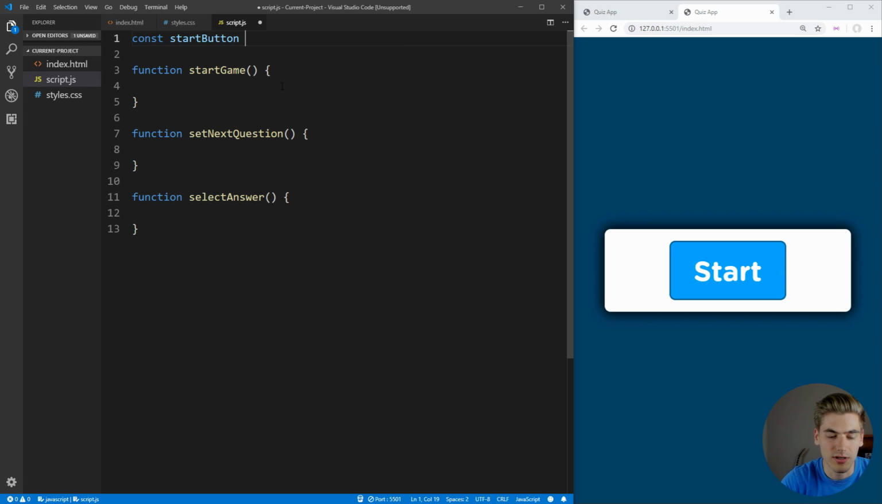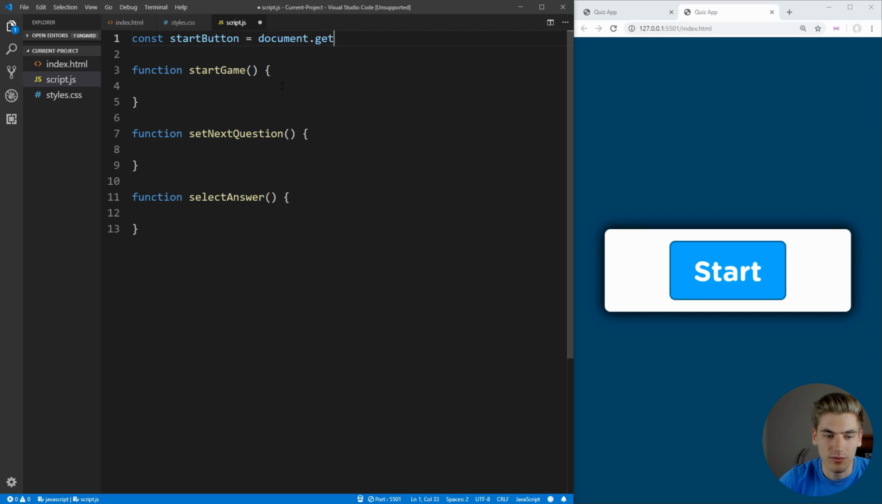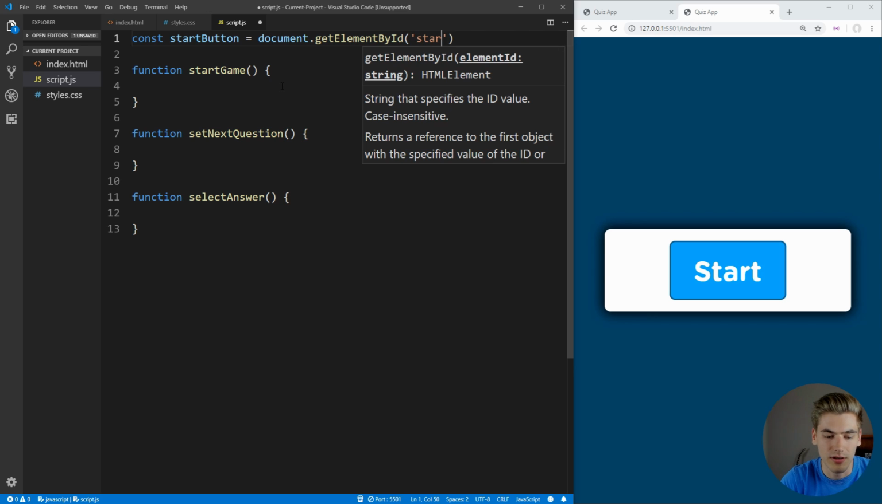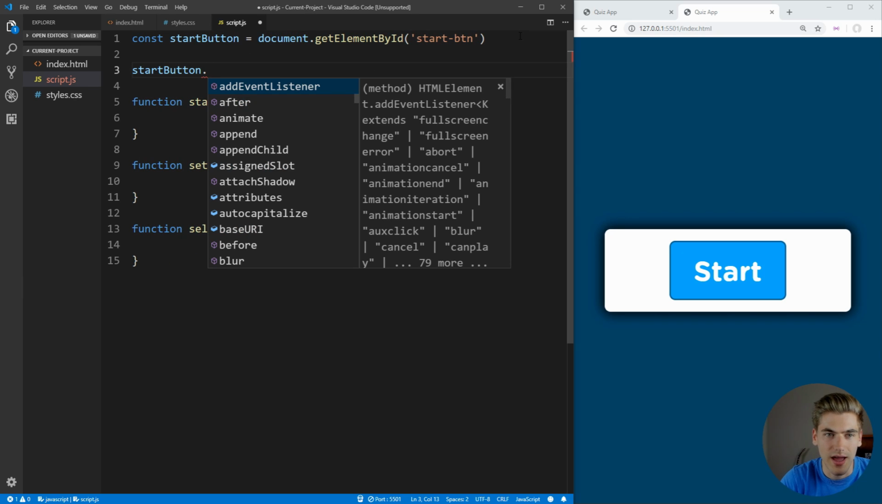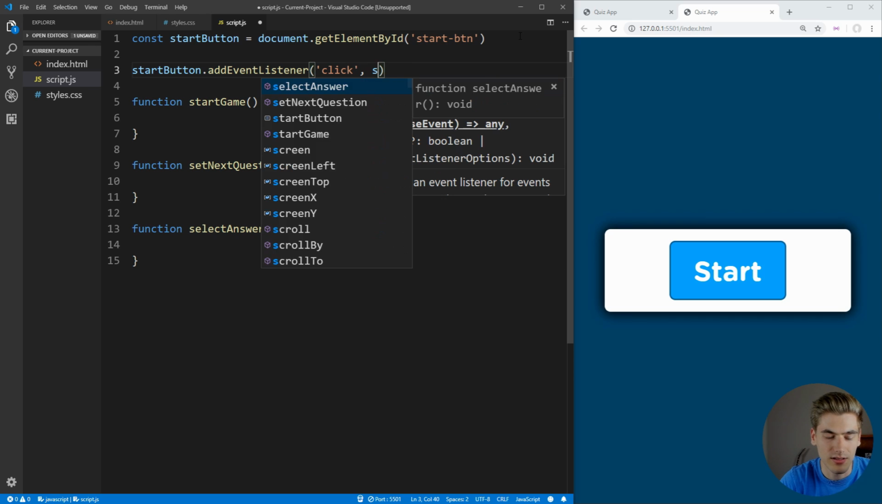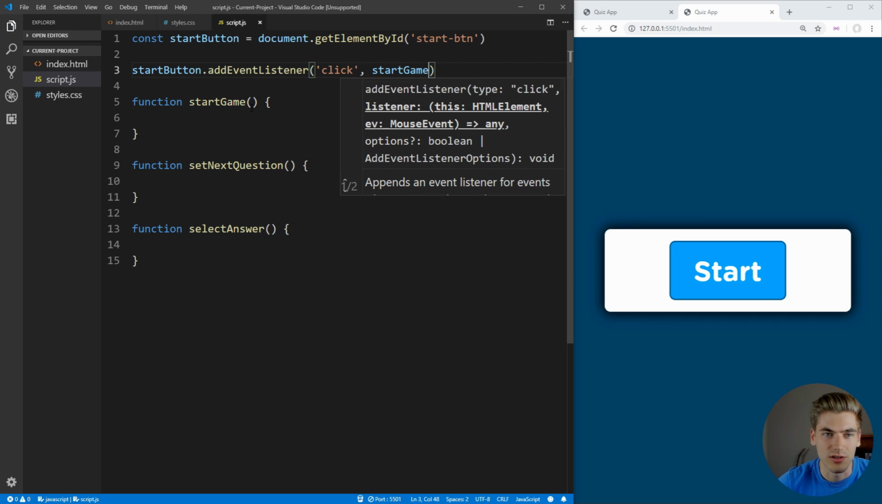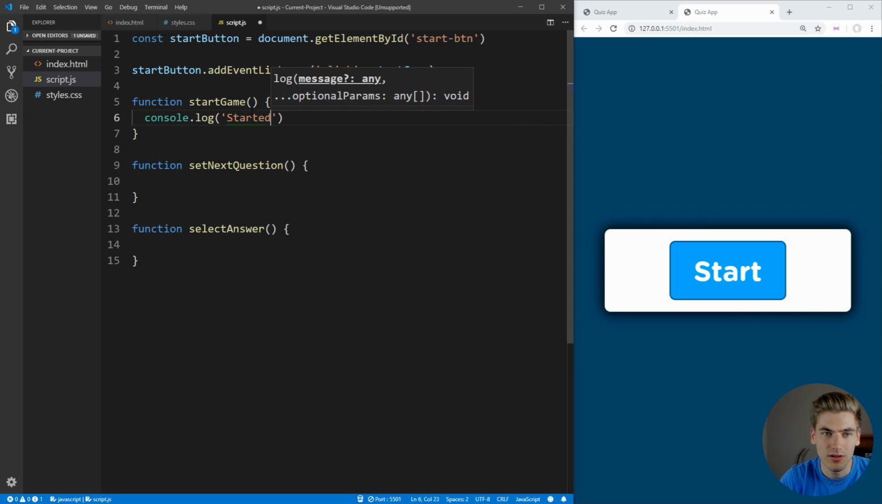So we can go start button here is going to be equal to document.getElementById, and this is going to be the ID of start button, just like that. And we can just come down here and we can just say we want our start button dot add event listener, and whenever we click on it, we want to execute the code that's inside of start game. So we can just say start game here, and for example, we can just say console.log started, and let's actually